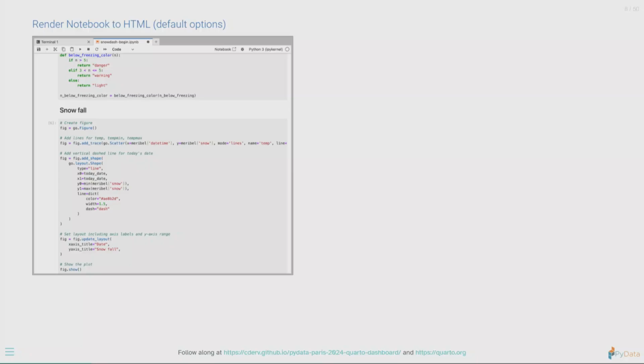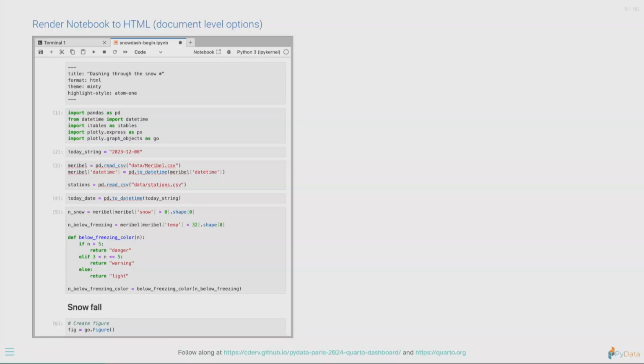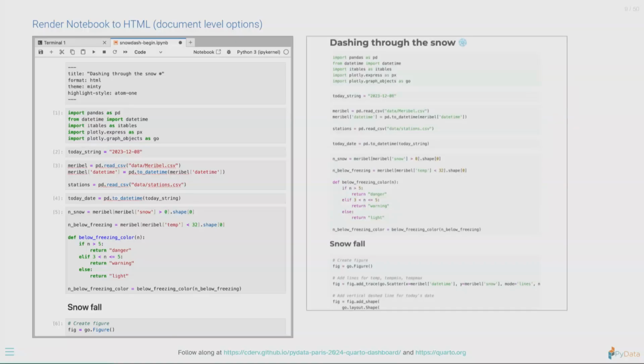So what does it look like? You have your notebook. This is a simple notebook with no Quarto-specific additions. If I call quarto render on this notebook, I will get an HTML representation of it with the code cells shown, and the graphics of the cell put below the cell. Now I can control some parts of the document by adding specific syntax at the top, which is the YAML header. It's a raw cell in the IPYNB notebook. And this will control here the styling and the theme,